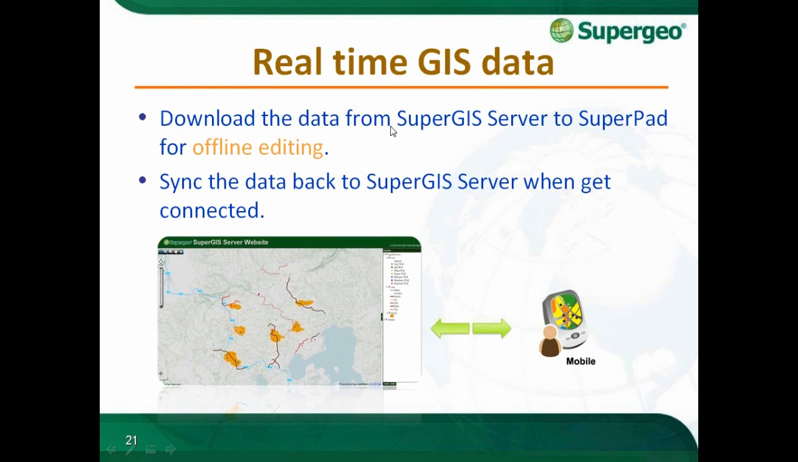So the reason that we are going to download the data to the SuperPad is that if we don't have any internet connection and we have to work offline, then we have to download the data to the device and edit the data on the local machine. And then whenever we are back to the internet, we can synchronize data back to the server and display it